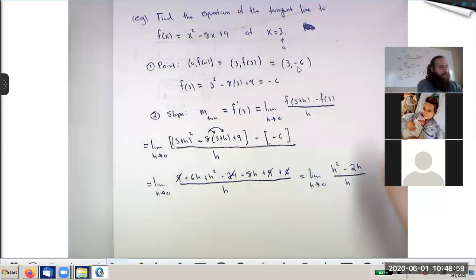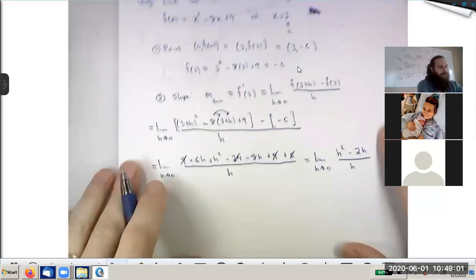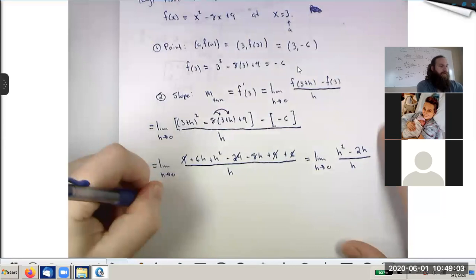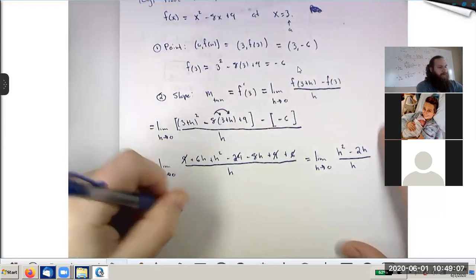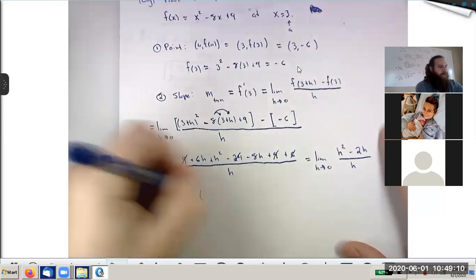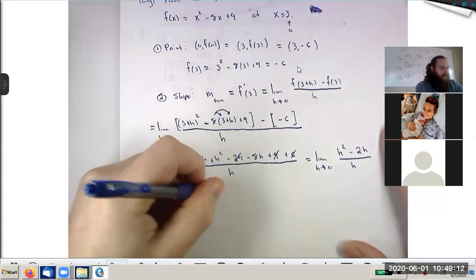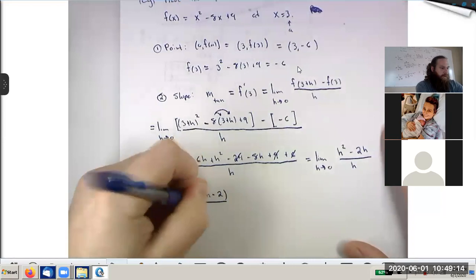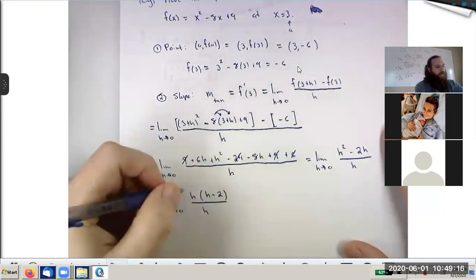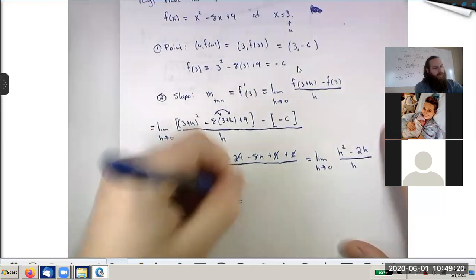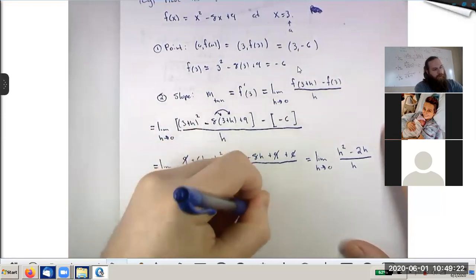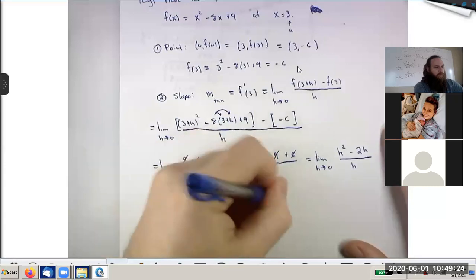And now I can factor an h from the numerator, which is good news because I need that to cancel the h downstairs. So these then cancel. And I have the limit as h approaches 0 of